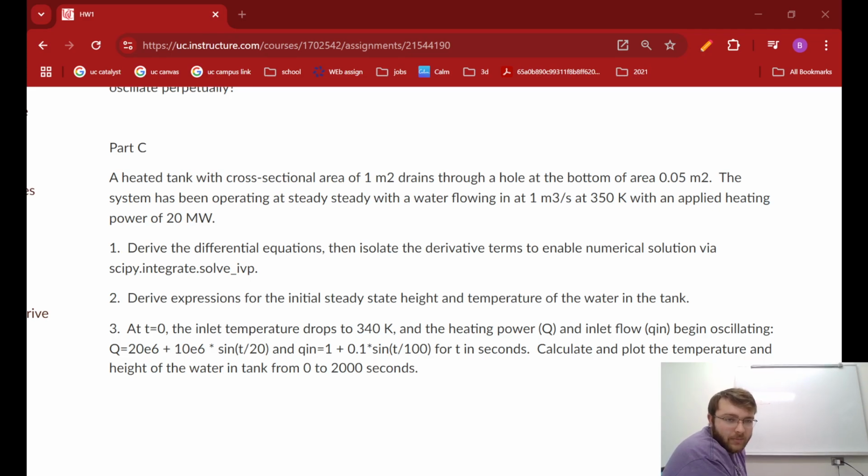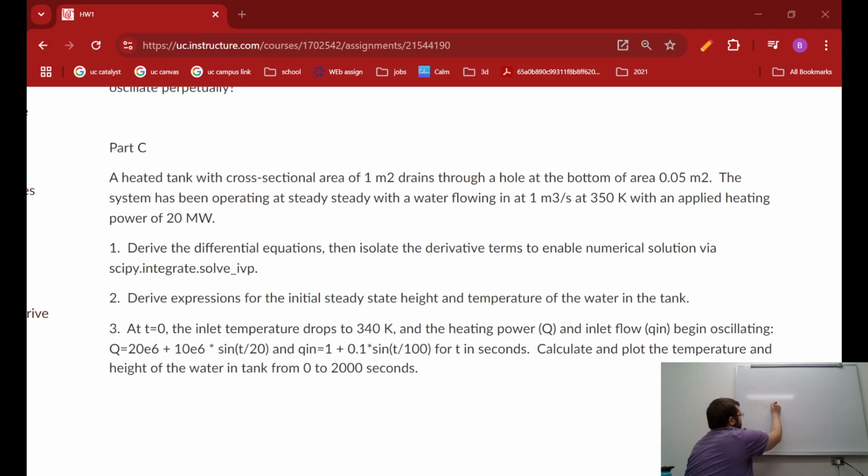The system has been operating at steady state with water flowing in at a given amount with a given temperature, with an applied heating power. So if it's at steady state, and then heat source, then we also have a flow out and a temperature out, which the flow out would be equal to